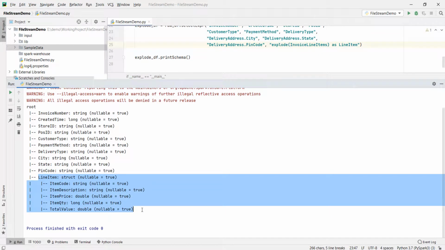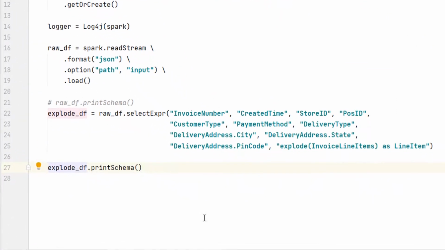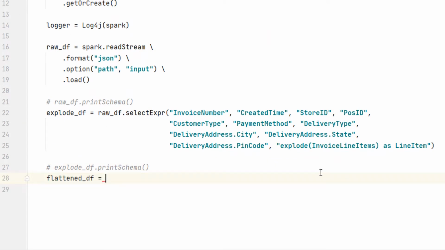Now, all I need to do is to rename these columns. So we start with the exploded data frame and use withColumn to add simple columns.